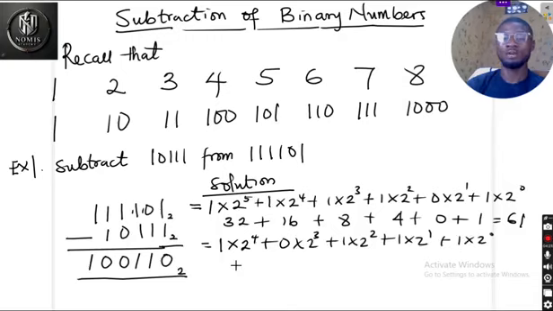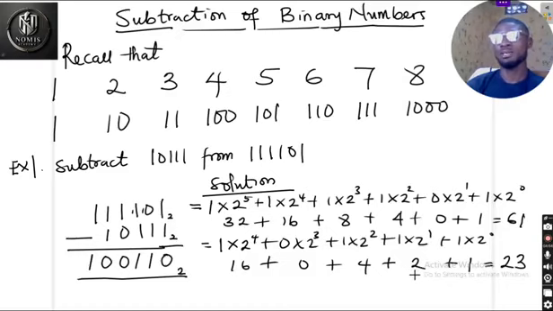So everything here is 16 plus 0 plus 4 plus 2 plus 1. 1 times 1 is 1. So 16 plus 4 is 20, and 20 plus 3 is 23. So 61 minus 23 will have 38. Correct. So 61 minus 23 is equal to